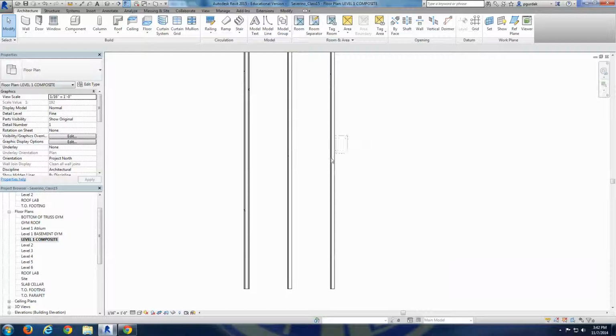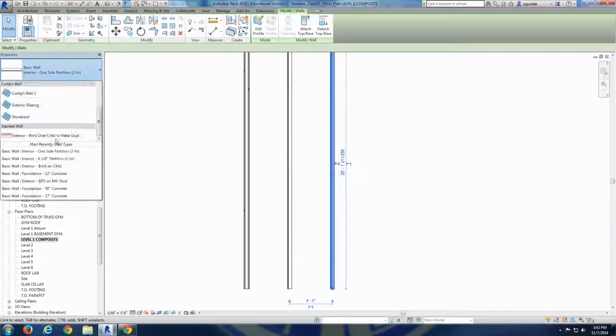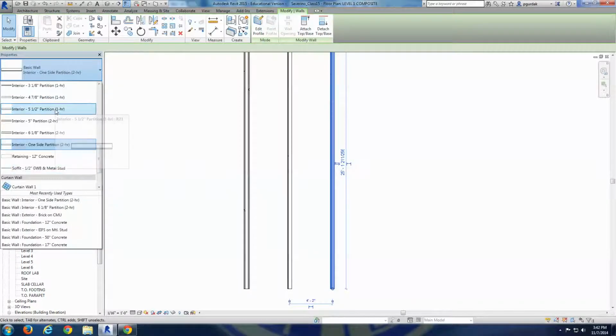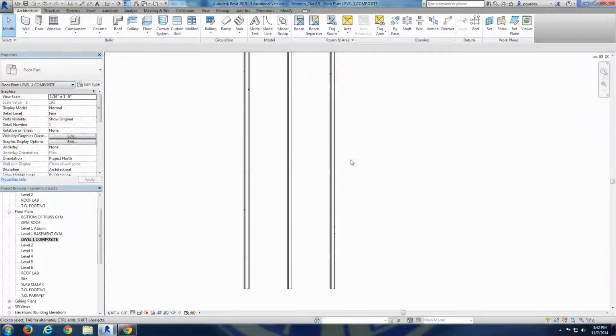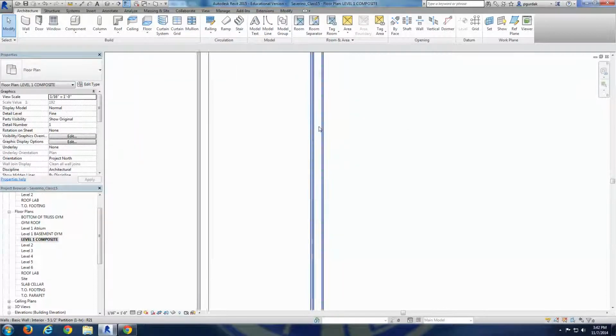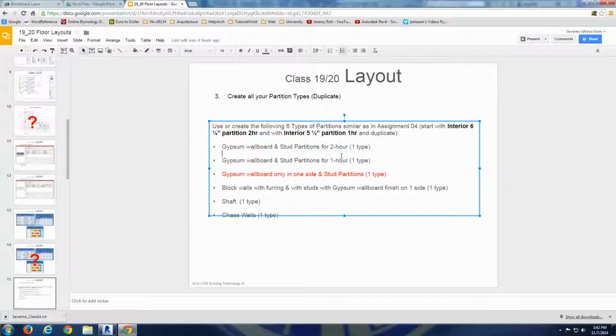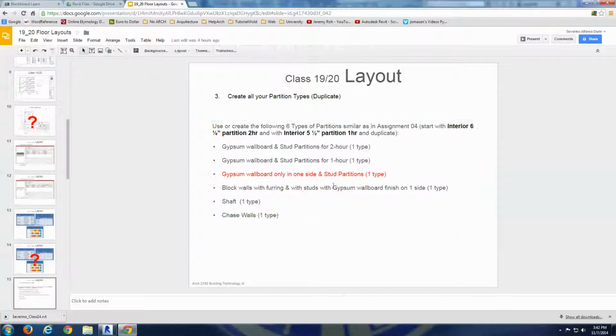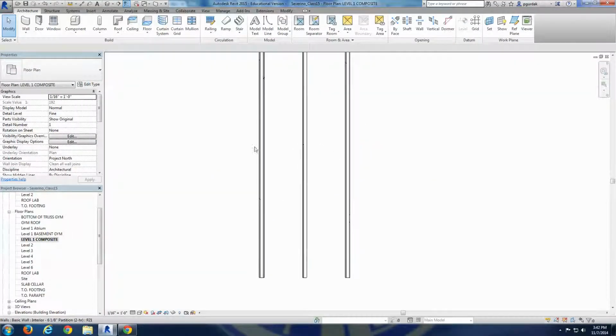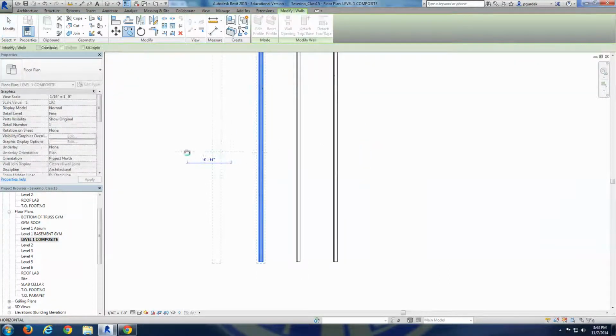We'll copy that, select. That one's going to be the 1 hour in 5.5. It has 2 gypsum boards on one side and 1 on the other. So we have this one, we have this one too, we have this one. Actually, that one we're not going to use even, so forget it, I'll delete it afterwards. And we're going to just copy this one,